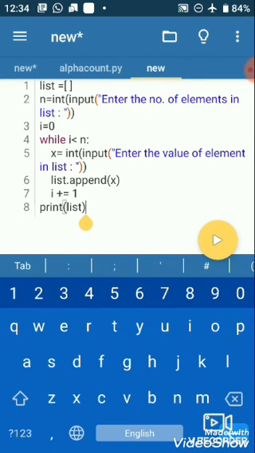After printing the list, we have to find the minimum and maximum values.